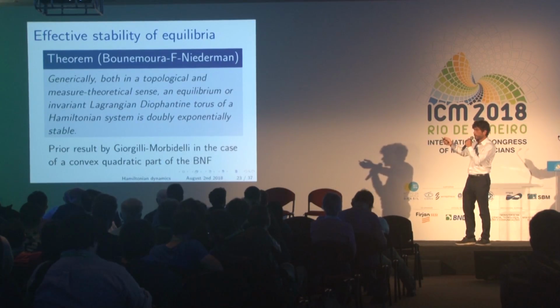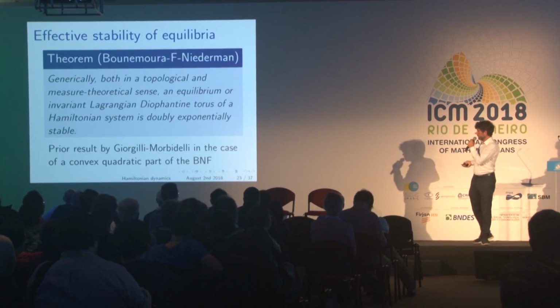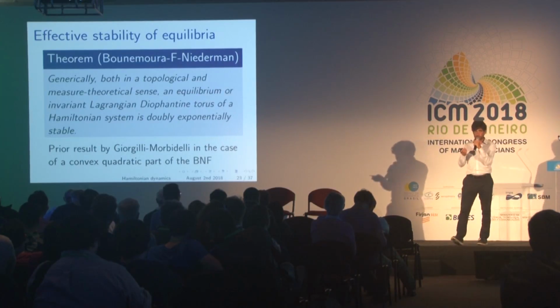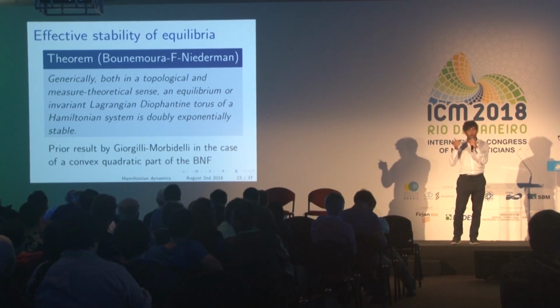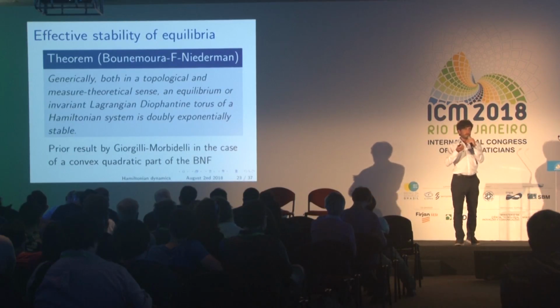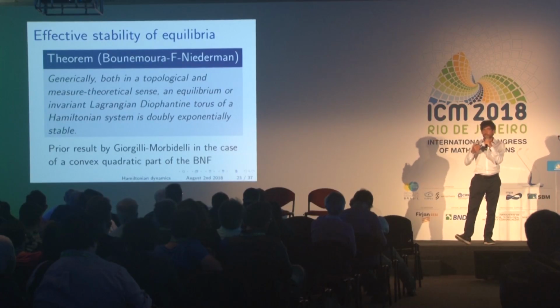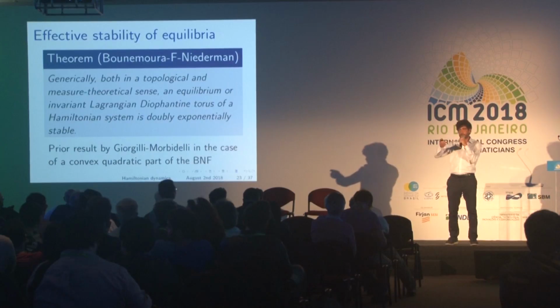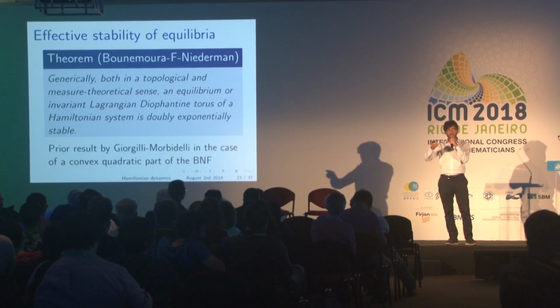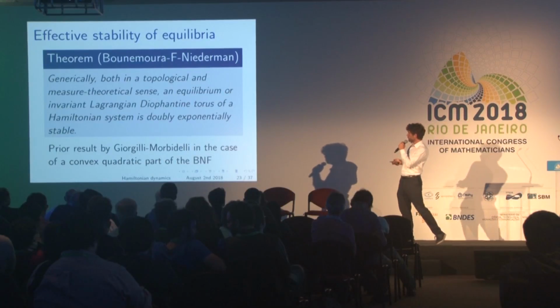Why double exponentially and not more? Because we, with David Sauzin, recently proved that even when the Birkhoff form is convex, which is the most favorable condition for stability, the systems are not more than double exponentially stable. So we have examples that have definitely convex Birkhoff form that are double exponentially stable and not more. Okay? So we expect the condition to be optimal.